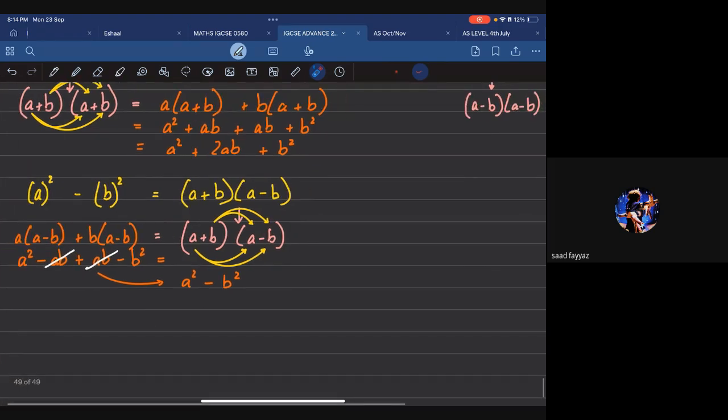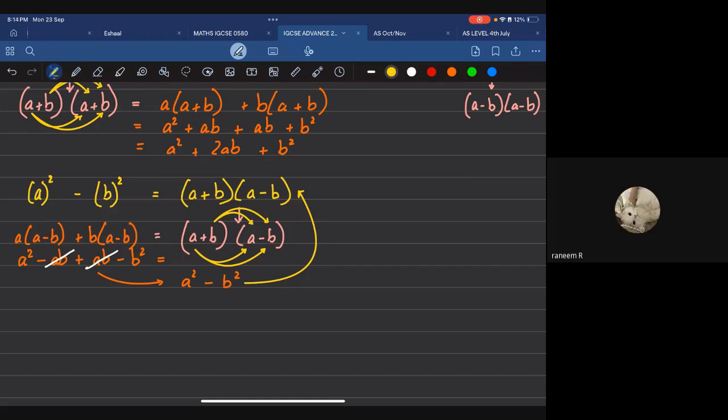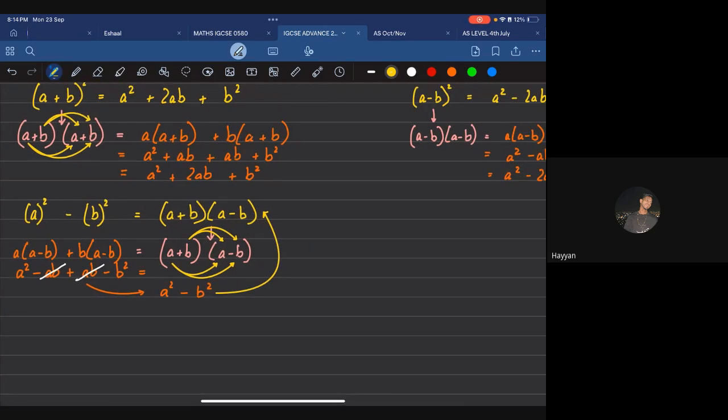Therefore, if you get a question in which you are provided with this, you can simply write it down like this without any hiccup or any sort of question. Is this clear? Everyone clear? Fasid, Fahad, Rani, Isra, clear? Yes, sir. All right. Only Rani found it clear. That is perfect. What about you, Hayan? Hayan, is this clear? Yes. Any questions regarding this, Hayan? No. All right, that's perfect.